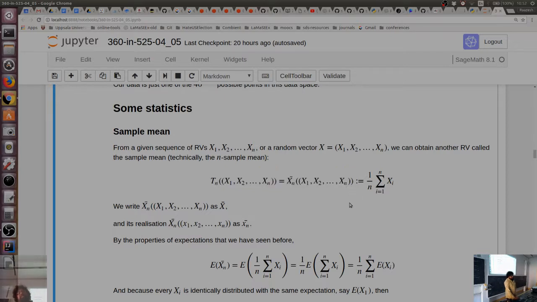Now some statistics are sample mean, right? Sample mean is usually denoted by x sub n over bar. It just is a standard notation for sample mean. And,